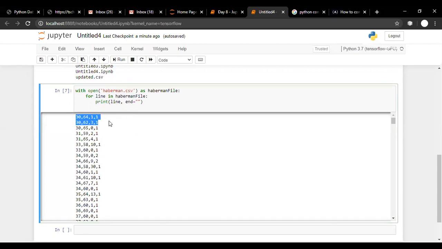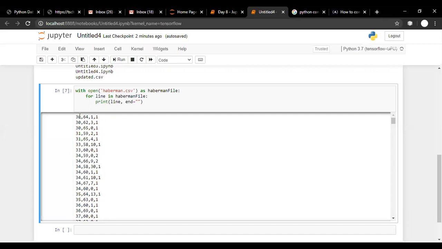Basically this data set is about patients who have undergone breast cancer operation, and the data specifies whether the operation was successful or not. The criteria for that was, if a person survives for more than 5 years after the operation, then the operation is successful. And if a person does not survive for more than 5 years, that is, a person dies before 5 years, then they said the operation was unsuccessful.